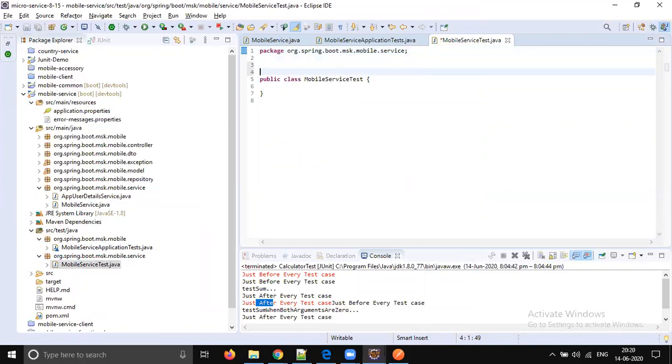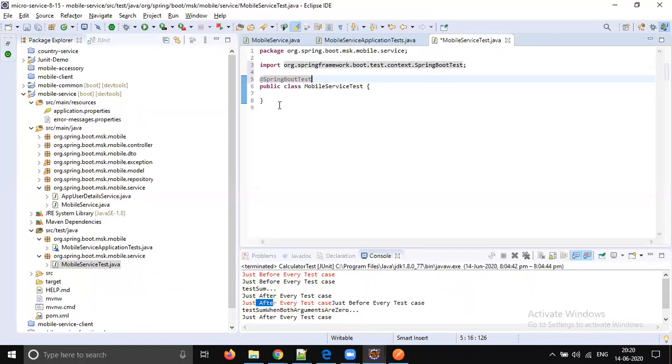Now, what should we do? We should annotate this class with @SpringBootTest. This is the latest, @SpringBootTest, not just Spring Boot. What this annotation will do, it will help us a lot to test the Spring Boot application. We need to start a server, we need to do so many things for a Spring Boot application, like loading the application properties file. There is a huge configuration we have for Spring Boot. All that configuration is automatically taken care of when we annotate our class with the @SpringBootTest annotation.